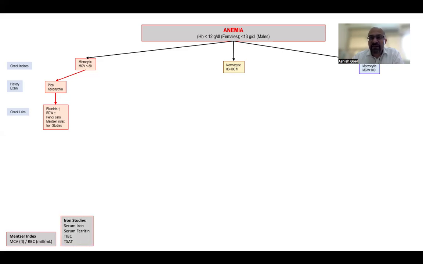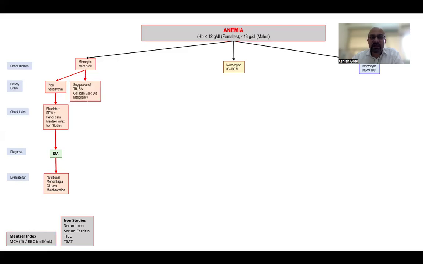What are iron studies? Iron studies include the estimation of serum iron, serum ferritin, total iron binding capacity, also called TIBC, and TSAT, which is the transferrin saturation. If you find that the serum iron and ferritin are low, TIBC is normal or increased, and transferrin saturation is low, then you diagnose an iron deficiency anemia and start looking for causes of iron deficiency anemia which could have led to this stage, which could be nutritional, there could be menorrhagia or GI loss, and there could be